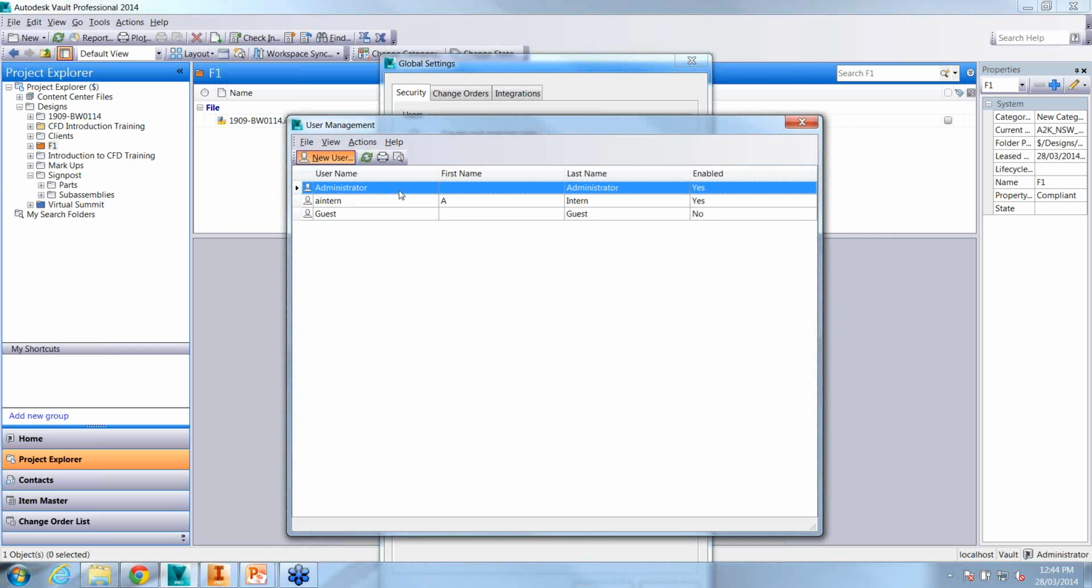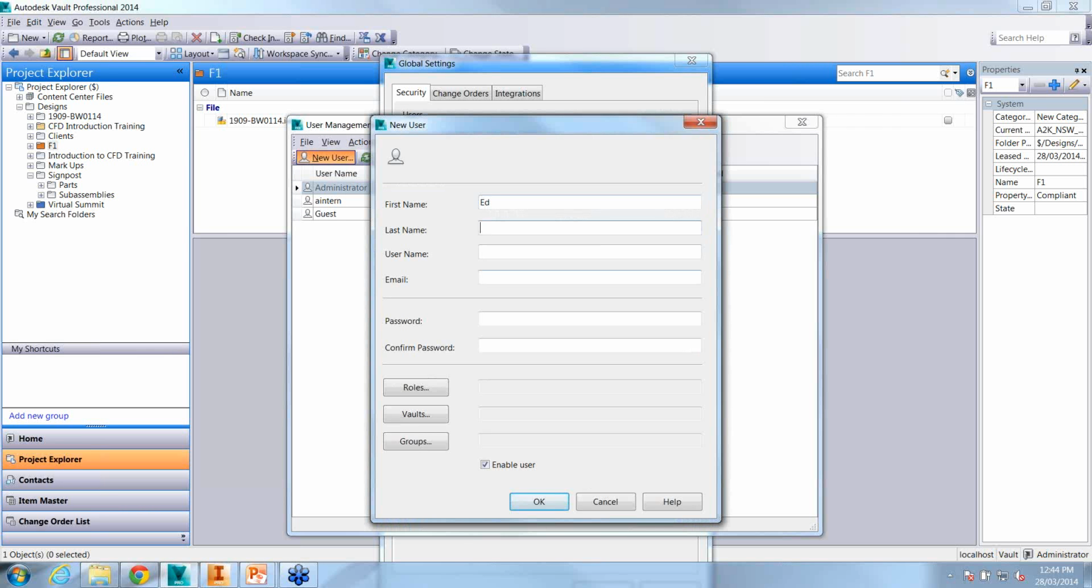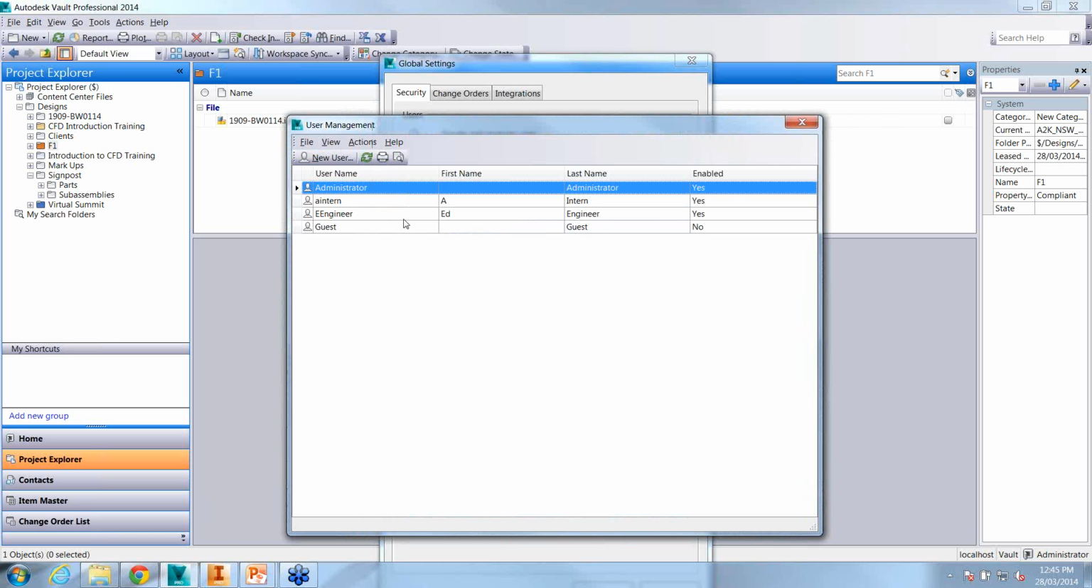So I'll click on New User, and the first name is going to be Ed, and the second name is going to be Engineer. And again, I can assign roles at the user level, but I wouldn't recommend this. I'd recommend creating your users and username, I'll call him E Engineer. I'd recommend assigning the permissions at the group level, so that way as people come and go on the Vault, you can then just add them to a group